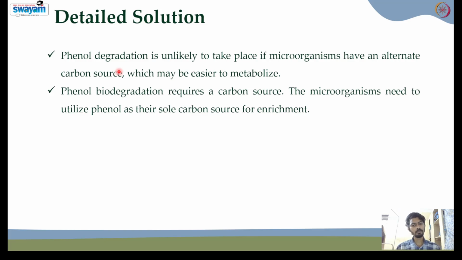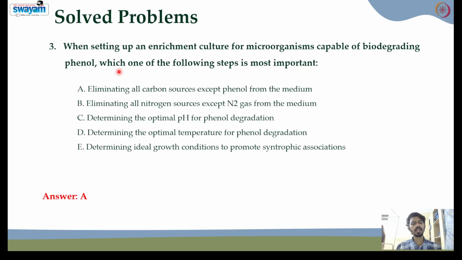So here you have to remove all the carbon source and give only phenol as a carbon source. By this, the microorganism will be able to adapt to the environment where only phenol is present. So in future the microorganism will be able to assimilate the phenol and degrade it completely. So that is why we have to eliminate all the carbon source except phenol from the media so that the microorganism will adapt to the environment very well. So if you see option B,